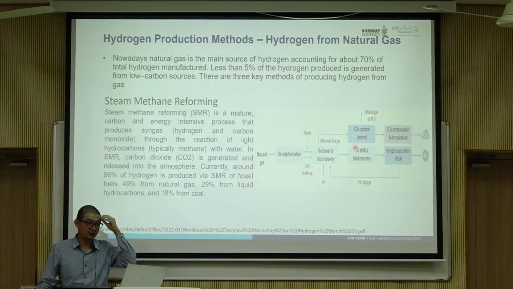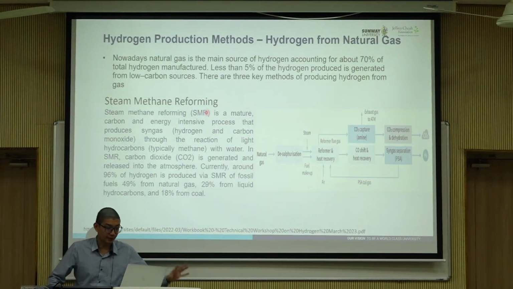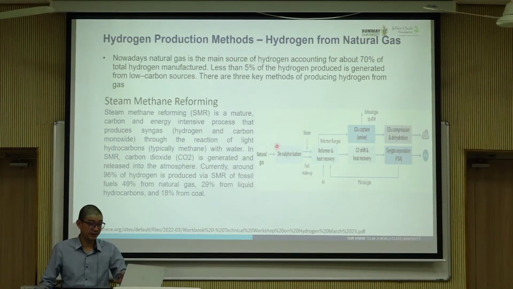Then the second one is what? Using natural gas. First is using coal, then second is natural gas. So the hydrogen from natural gas that I mentioned just now accounts for 70%, which produces a lot of CO and CO2 through the steam reforming method. Currently the industry is using the steam reforming method, whether they connect to a carbon capture unit or not. Some connect to a carbon capture unit, some do not. So that's why